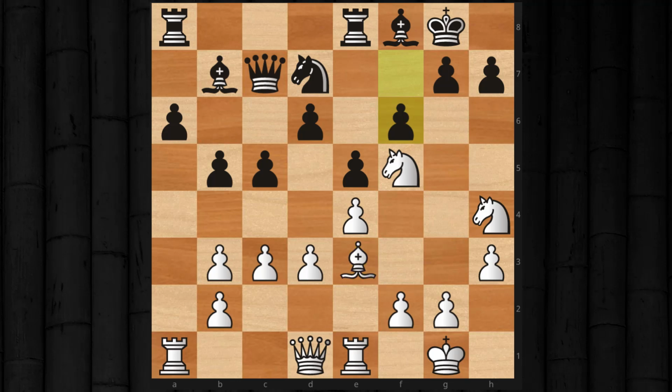Now here I played a little inaccurately. I should have played bishop to d2, and that actually leaves open ideas of rook to e3, bringing my queen in and giving more strength to my attack. Alright, so now black has started with this strategy of trying to break open the center and the queen side, and I play